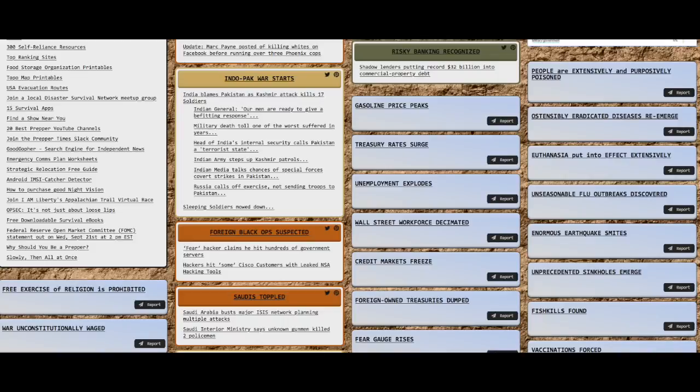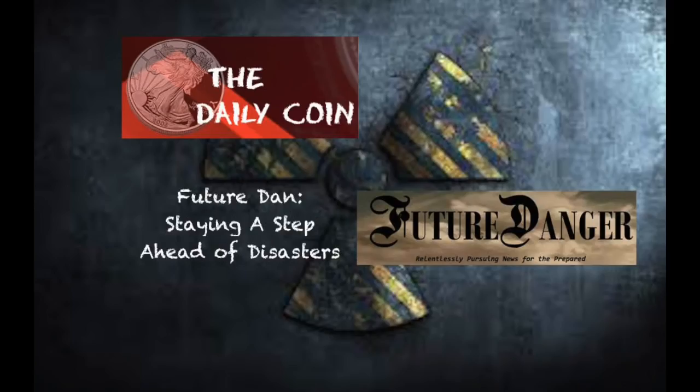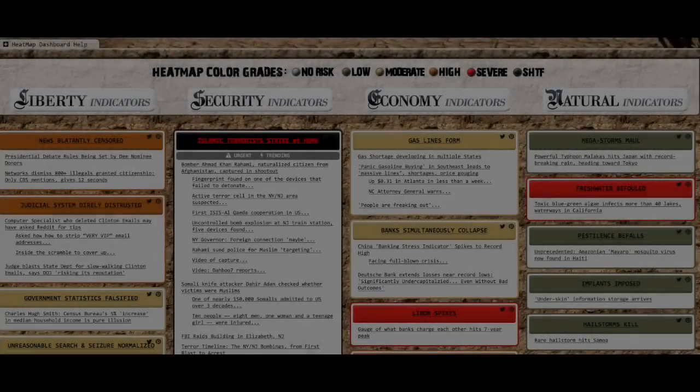That's one of the reasons we formed this website and thought we'd present the news in a different format, because within recent years, the threats have exploded in breadth, and the rate at which they're coming at us is so severe that what you'll see if you use Future Danger for a few weeks